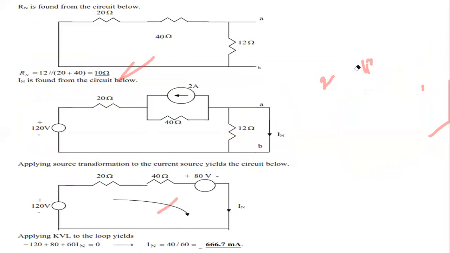The important thing is, now how to solve this. For that you can use any method, but here we are using source transformation, which is the easy one. This 2 ampere current source and 40 ohm resistance are in parallel. So this can be converted into series like this, plus minus, because here the arrow is like this. So this will be plus, this will be minus. That's why we have plus minus 80 volt. 40 into 2 will be 80, I into R, and the 40 ohm resistor will come in series, and the rest is all the same. Now we can easily